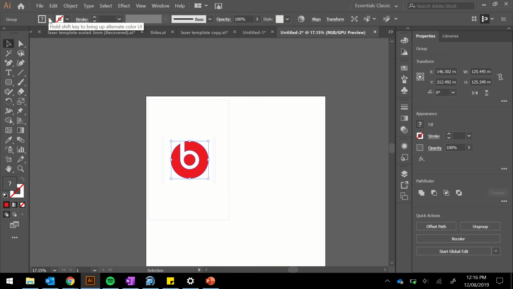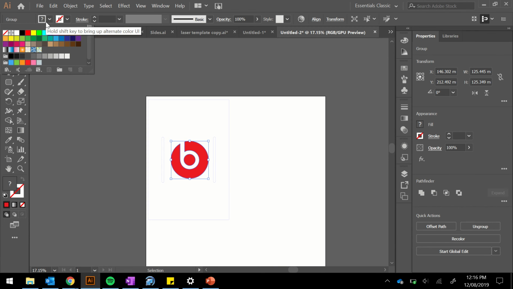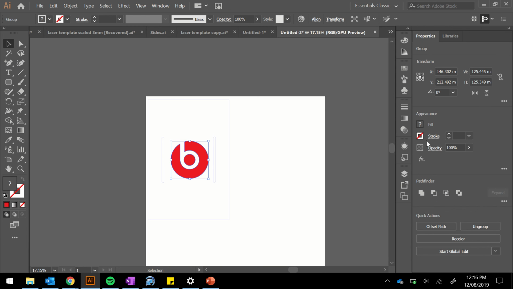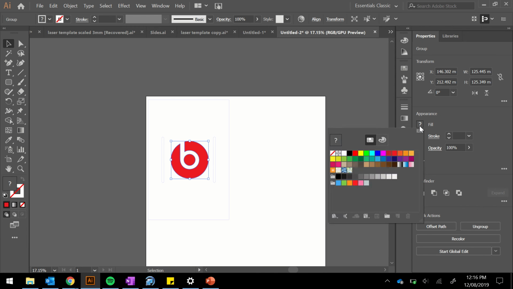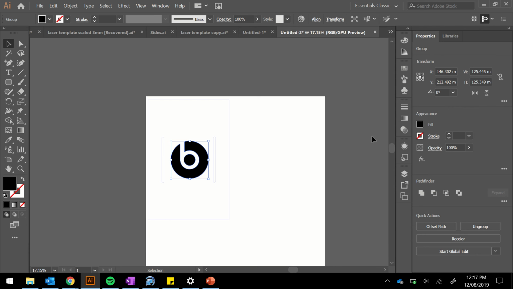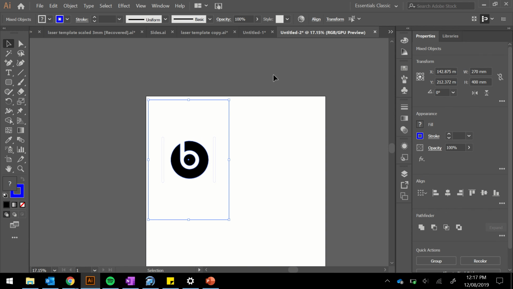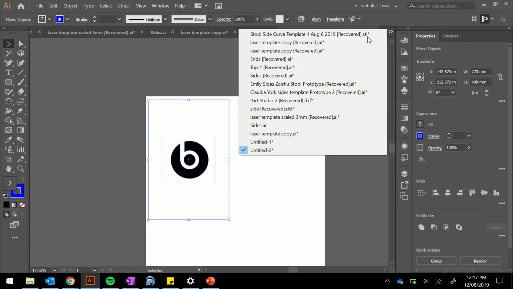Now obviously it's got a stroke that is not in our document. So I'm just going to go fill it with black here and then make the stroke 1. That way the laser will know to etch that into the program. If I copy that back into the laser template,